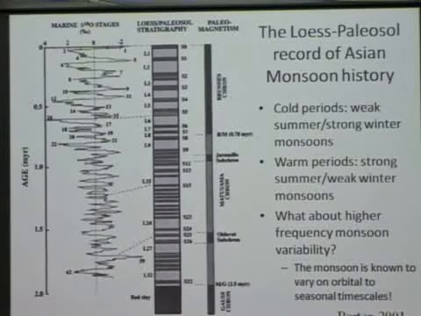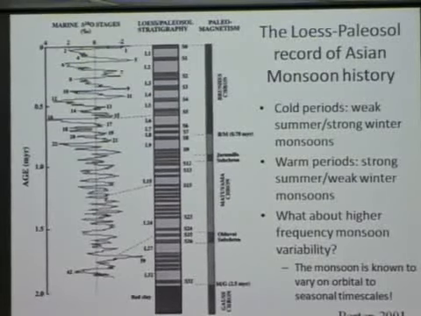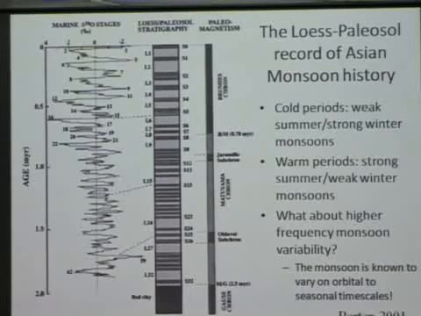Okay, so the monsoon system, while it's remarkably regular on the seasonal timescale, comes every year, more or less. If you look back in time, there are certain sedimentary records which can tell us about monsoon history. One of the best records of this from China is the record that's preserved in a very thick sequence of windblown dust, the Loess Plateau record. This is a sequence of windblown dust which is deposited during the winter monsoon, and then is punctuated with periods of soil formation, which are shown here.